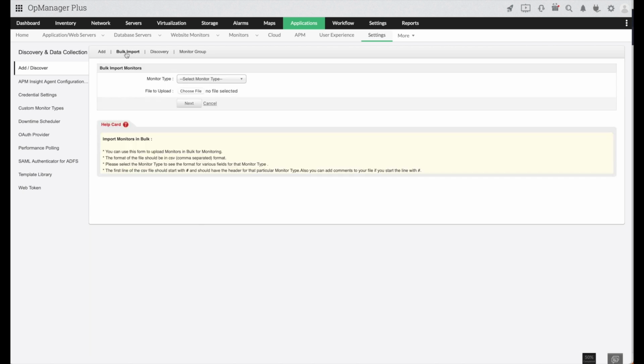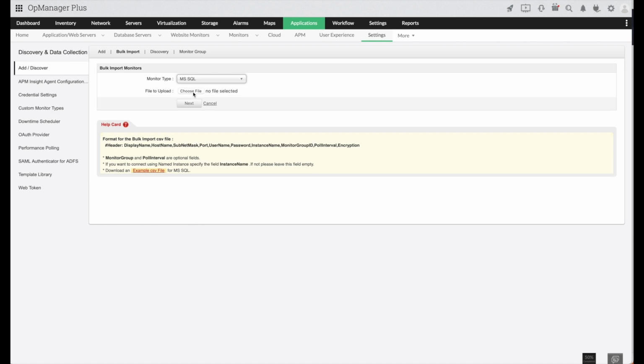Now let's talk about how do you add or bulk import multiple applications or databases in one single shot. So when you click on bulk import, click on the monitor type. Let's say I do have about 50 MS SQL servers in my organization to be monitored. Let's say MS SQL. So I go for an MS SQL monitor type, and each and every type of the monitor I would like